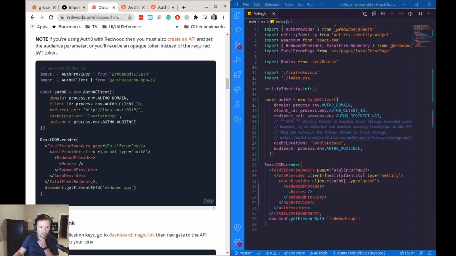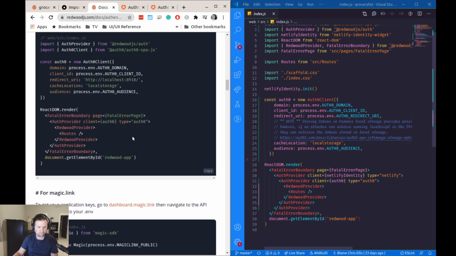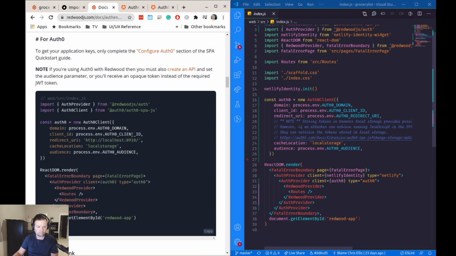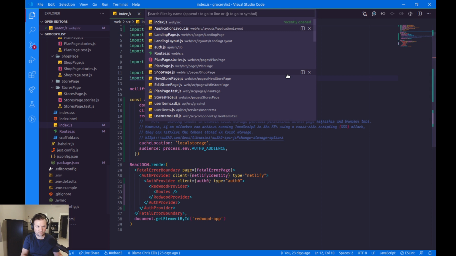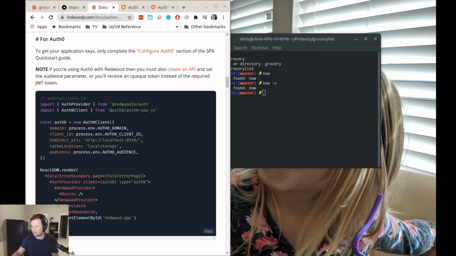So here is where I see it varying. Storing tokens in local storage. Okay, so that means we need to check our .env. I've got to pull that off screen too, because that's got stuff from my